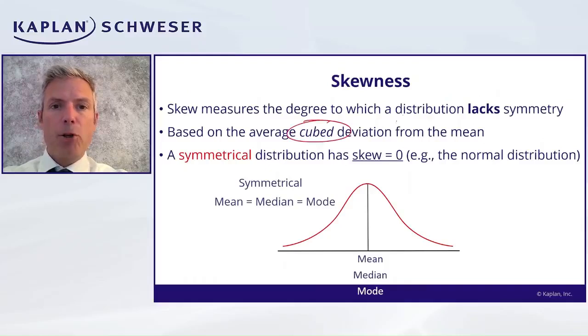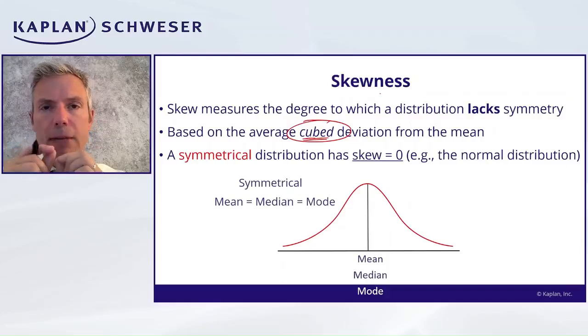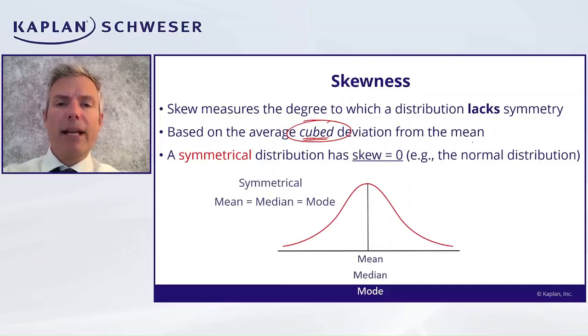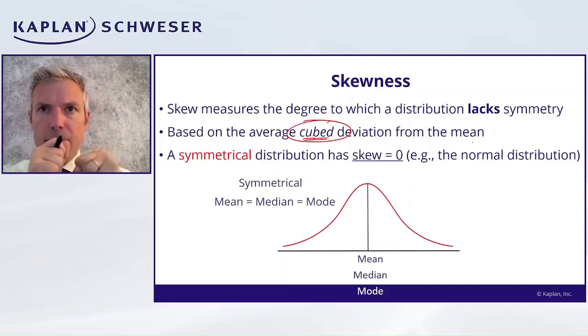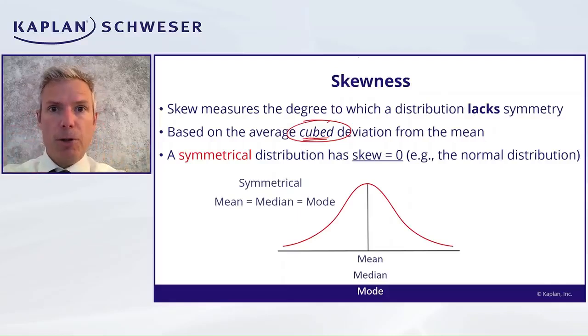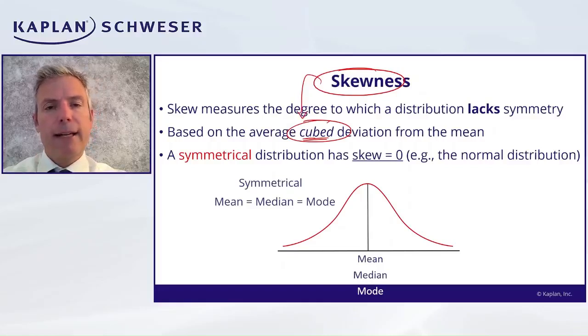The cubed one, cubed deviation, looks at a measure that's based on how far you expect to be away from a mean, cubed. If you think about it, when you cube negative numbers, they become bigger and negative. And if they're big negatives, they become bigger and negative. And if you cube positive numbers, they become bigger and positive. So this is how we get a measure of lack of symmetry. Because if there's more big negative things than big positive things, that will come through with this negative skewness that we calculate based on cubed deviation. All right. So if a distribution lacks symmetry, then you will see that through negative skew,